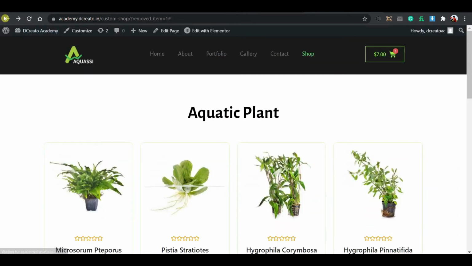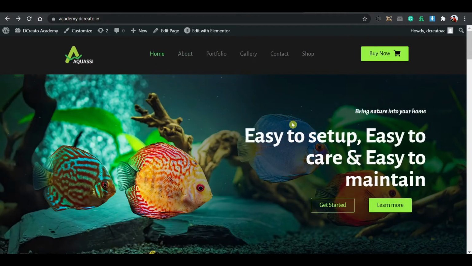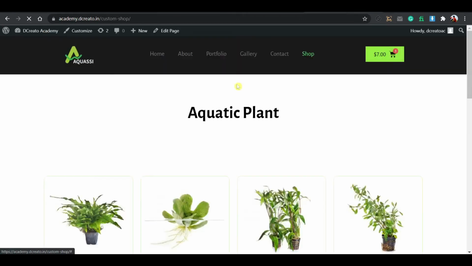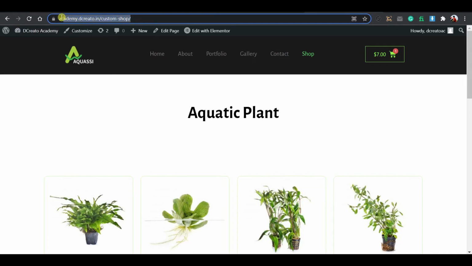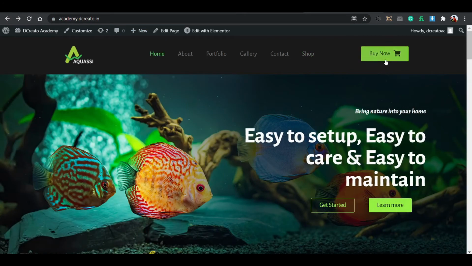So then you may see how we add this buy button from here. If you go to the previous page, I'm showing you how to do it. Just click on the home page. You can see this is the buy now button. Then if I'm clicking, it will redirect to the shop page. So this is the permanent link. So you have to paste the link for this buy now button from the Elementor dashboard. If I'm showing you, edit with Elementor,